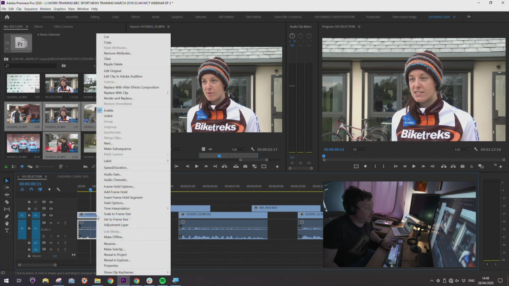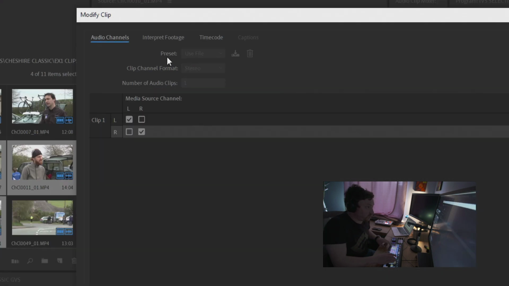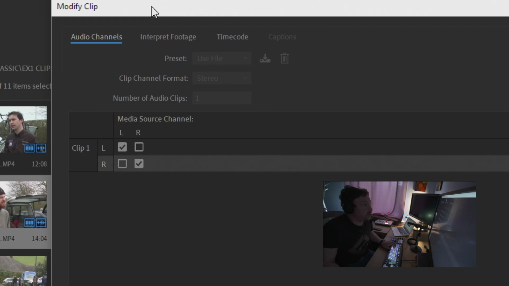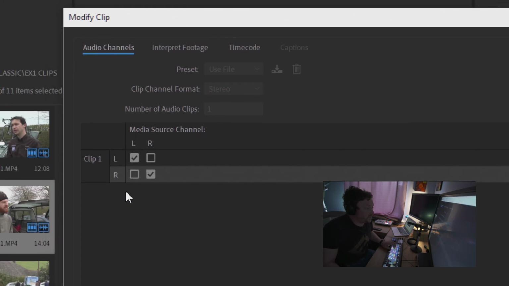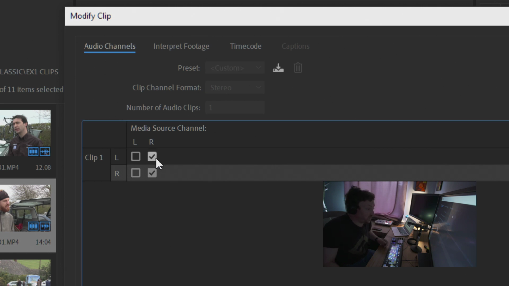But we'll go right click, and we're going to go audio channels. And when you right click the audio channels, it brings up a little matrix that shows you the existing channels on this clip and in which direction they're output. So you'll see that this clip is stereo, and it's got left and right information, and the source channel has also got left and right information. And right now, the left comes from the left and the right comes from the right. Now we want to get rid of the left, and we want it going full right. So if I literally want to get rid of the left channel and have the right doubled over, all I do is click that, back out,